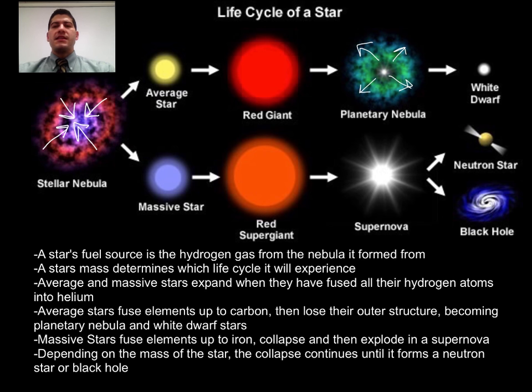It's sort of like the skeletal remains of an average-sized star, and it burns very, very hot. Eventually, white dwarf stars will burn out and become cold chunks of carbon, but that takes so long that it hasn't happened yet. The universe is about 14 billion years old, which isn't enough time for a white dwarf to